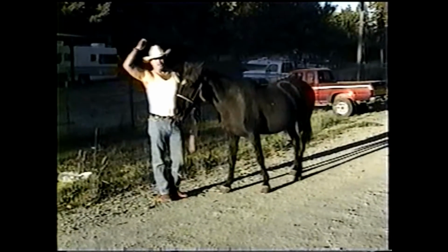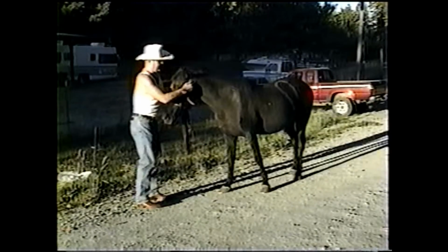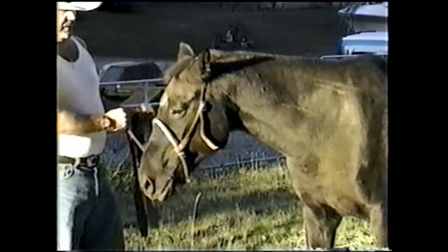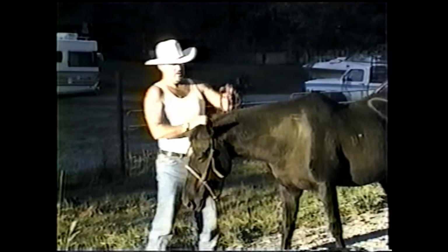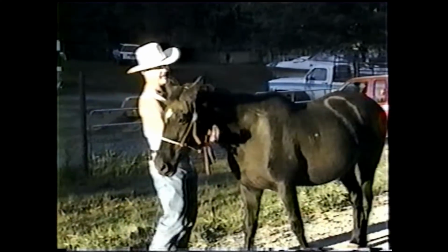next thing we're going to want to do is we're going to try to evaluate his atlanto-occipital joints. In the atlanto-occipital joint, we're going to be able to feel the wings of his atlas very easily right here. In this older horse, it's very easy. In a great big draft horse, it's somewhat more difficult. But we have the wings of the atlas right here, and they're huge. You can palpate them quite easily,